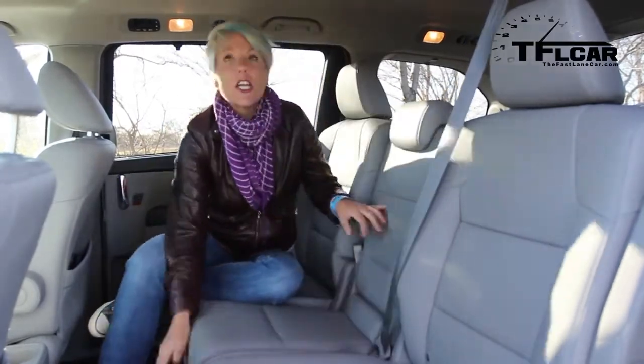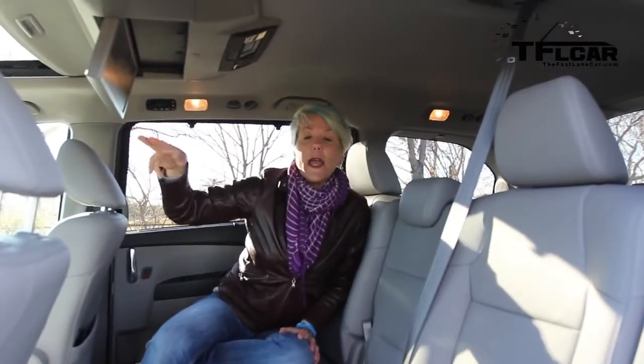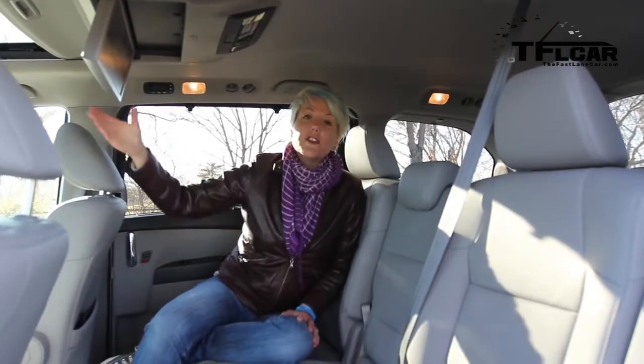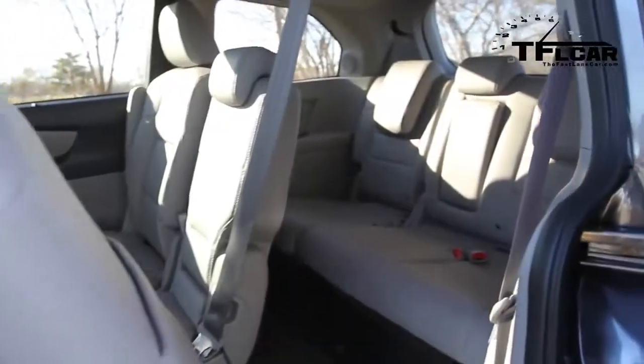Now also back here, you do have an entertainment system, and it is a split screen, so you can have a movie playing on one side, you can have a video game playing on the other. There's an HDMI port for it, and there's a lot of great features back here to keep all of your kids entertained. So on those long car trips, mom and dad maybe can have a nice little conversation and the